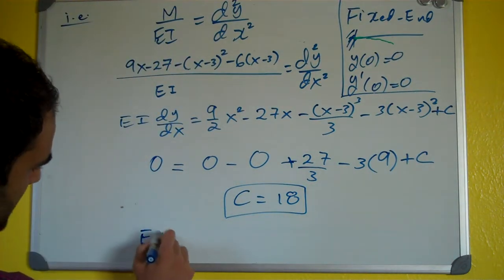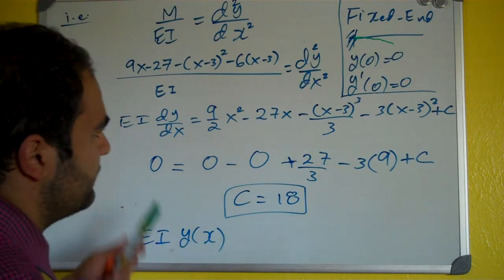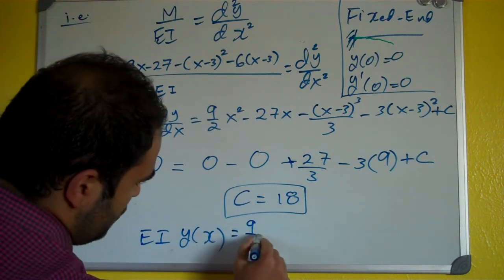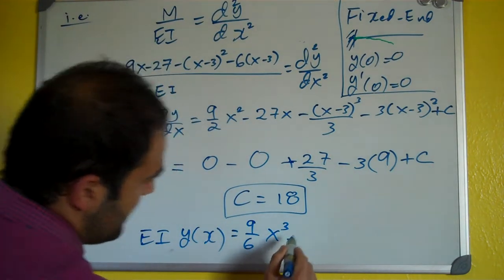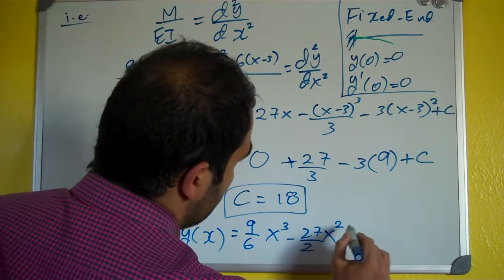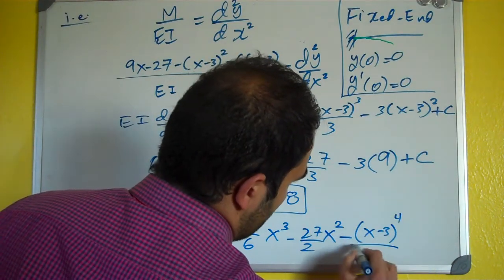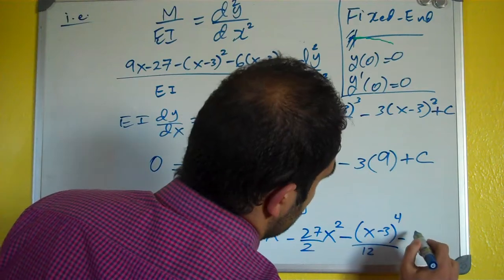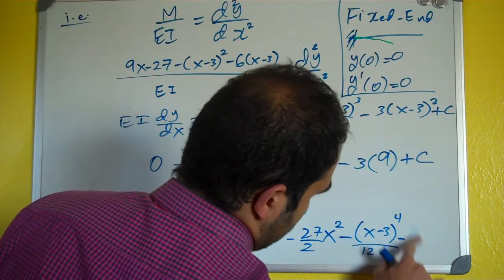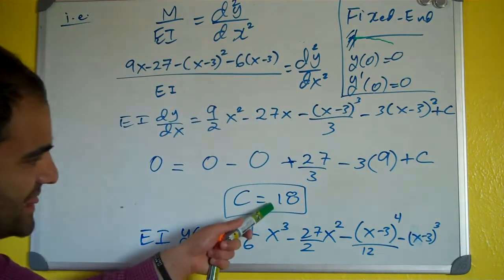So your EI y of x, the deflection, is 9 over 2 over 3, so that's 9 over 6 x to the third, minus 27 over 2 x squared, minus (x minus 3) to the fourth over 12, minus 3 over 3, so that's 1, right? (x minus 3) to the third, plus this,